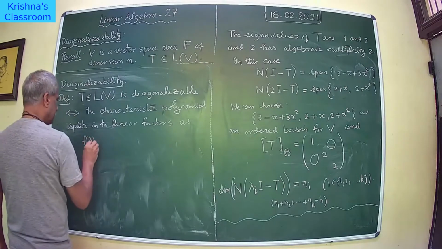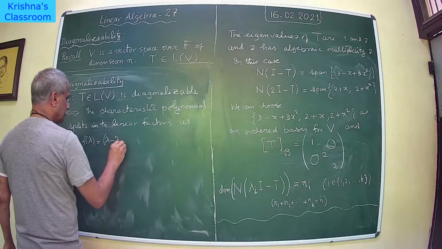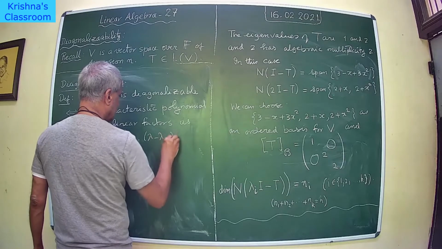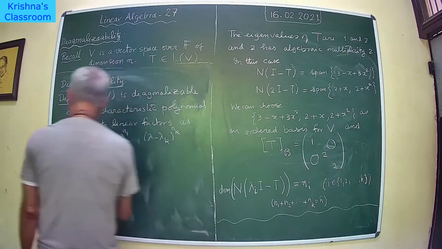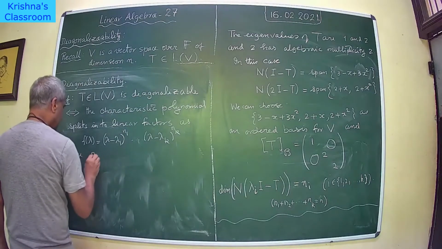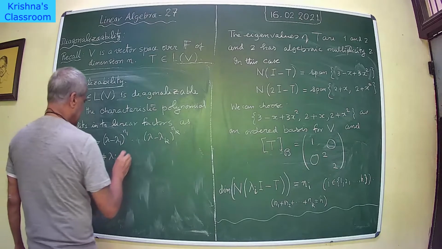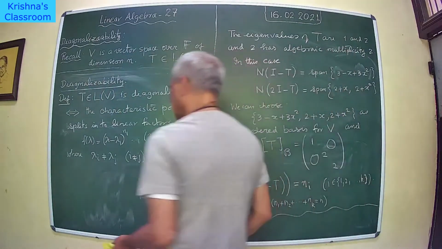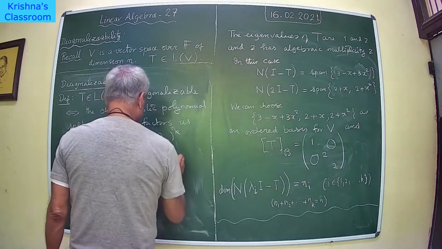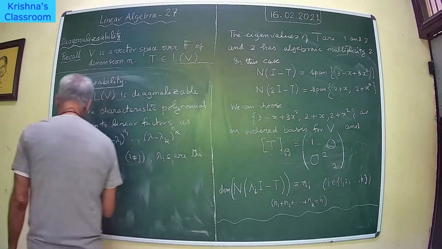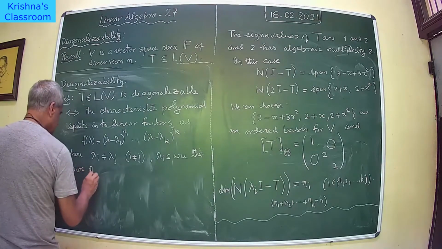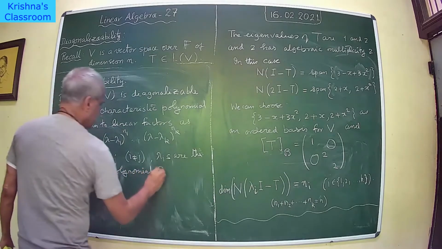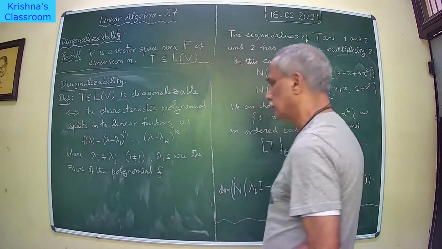if lambda is equal to... where lambda i is different from lambda j for i different from j. They are distinct zeros, zeros of the polynomial f, and